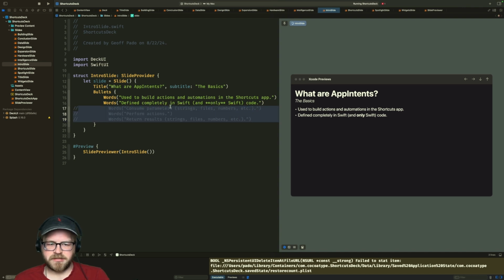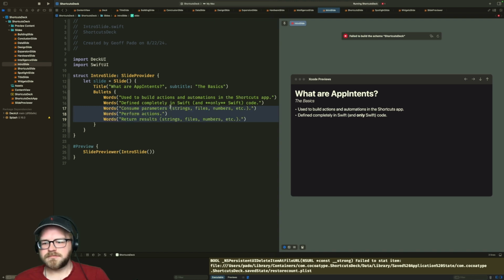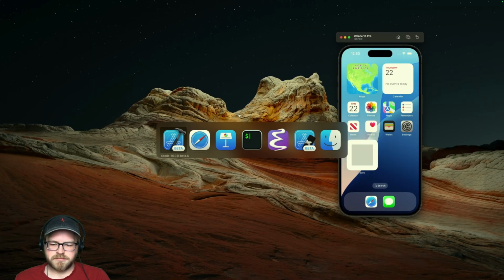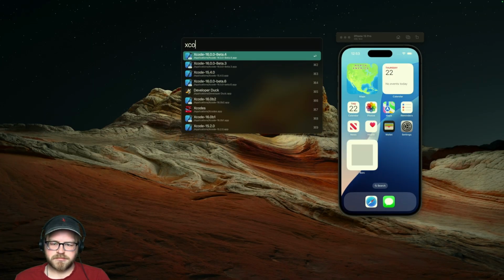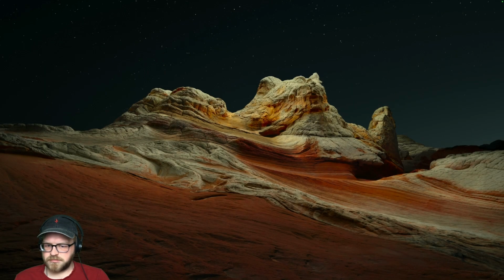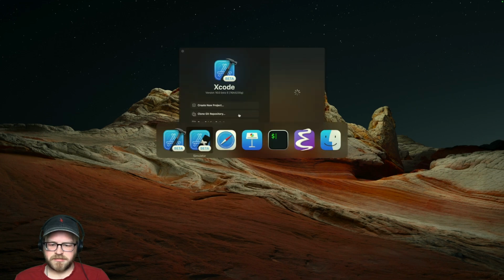This was working. Okay, this is annoying. We're going to quit Xcode and restart it. That crashed the simulator?